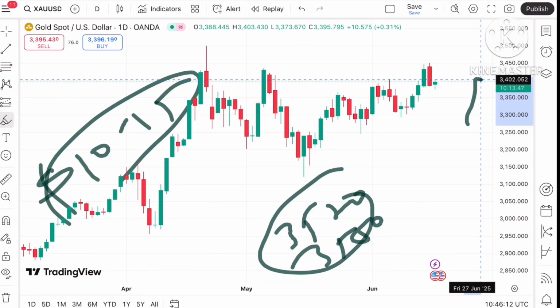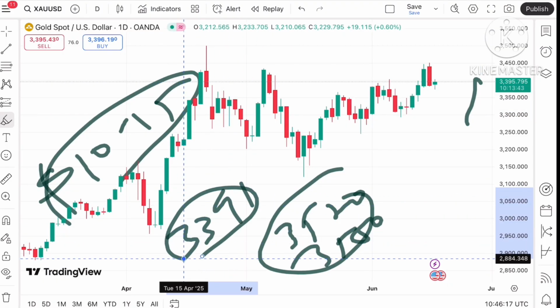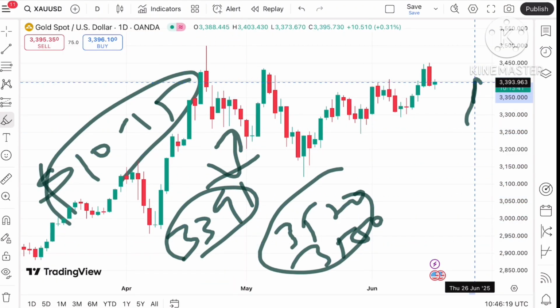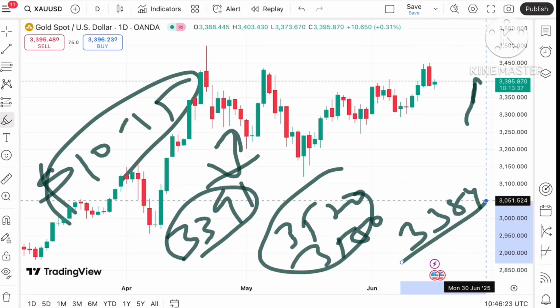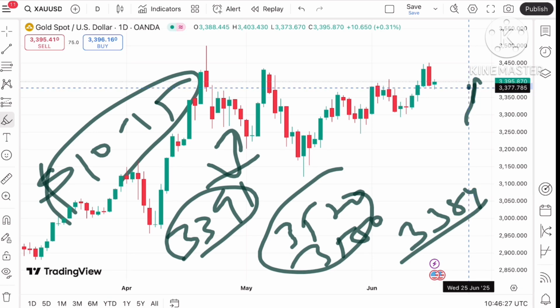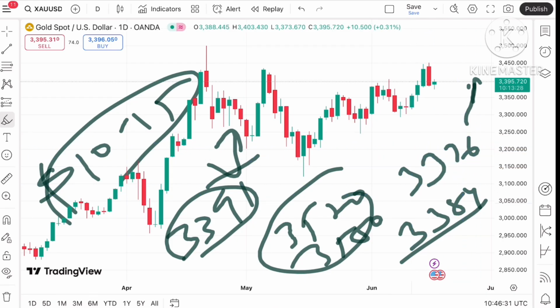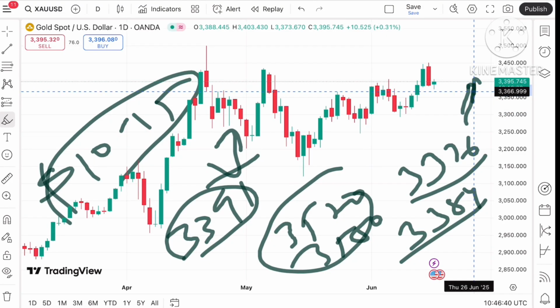But suppose if the price doesn't sustain, it can come towards the next level of $33.91. From there a bounce back can come, but if that doesn't come, we can see it can fall further down towards $33.84. Suppose if the price falls below a level of $33.84, we can see it can fall further down towards the next level of around $33.76. And if the price falls below a level of $33.76, we can see it can come down towards a level of around